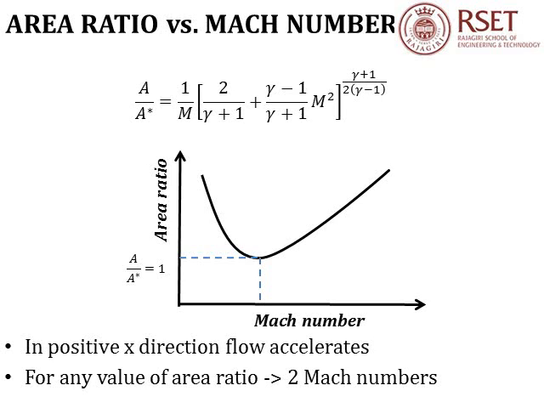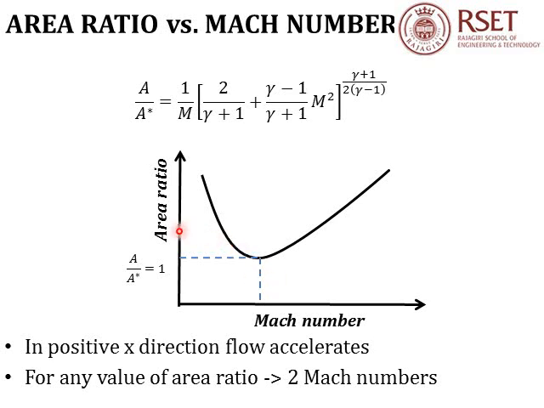When A by A star is equal to 1, that means the static condition corresponds to the sonic condition. At that point, Mach number is equal to 1, which is represented by the dashed lines joining the x-axis and y-axis. For all other values of A by A star, we see that there are two values of Mach number. That is,